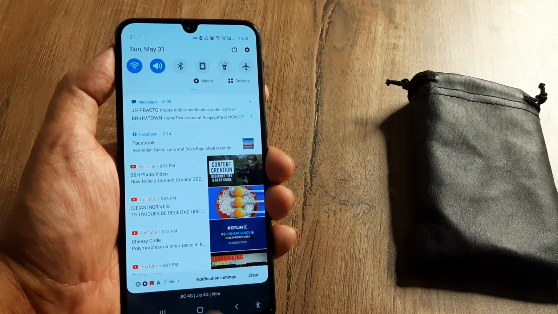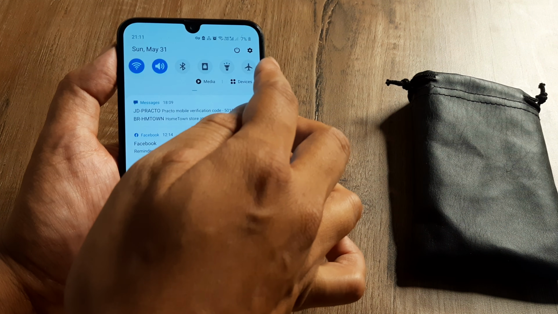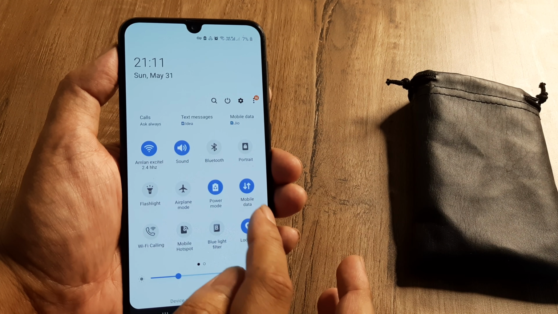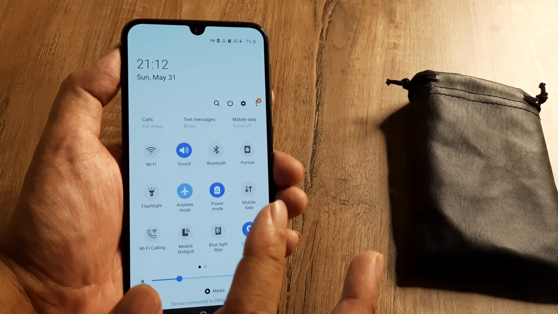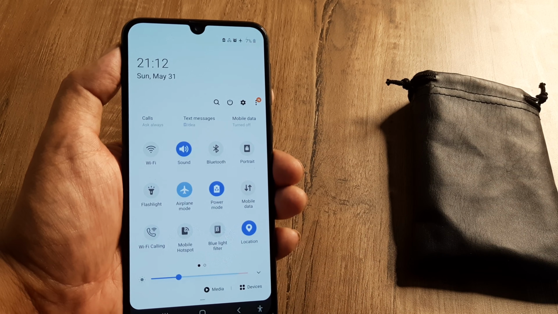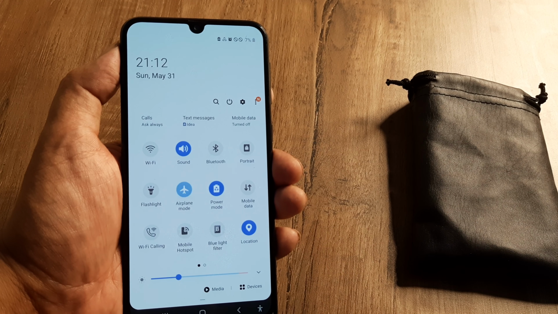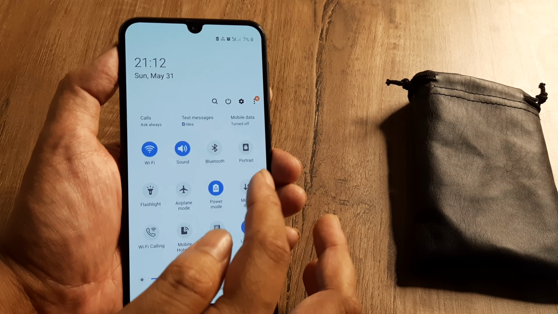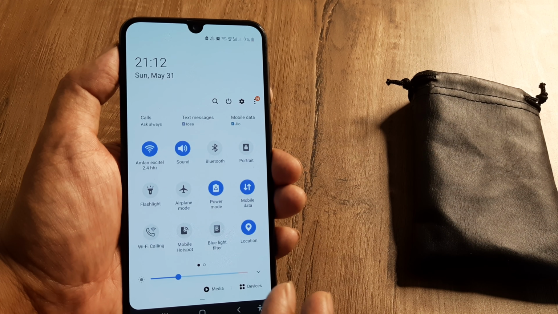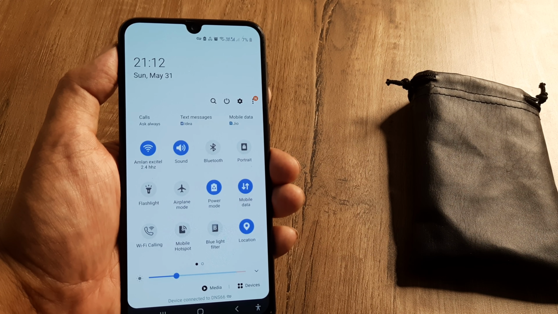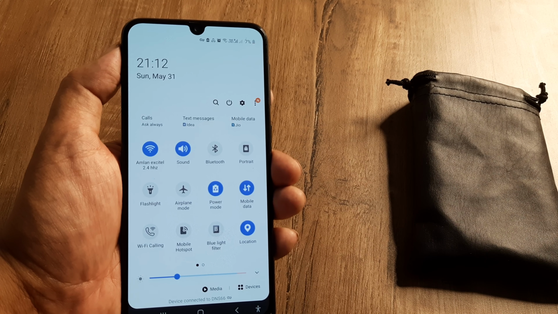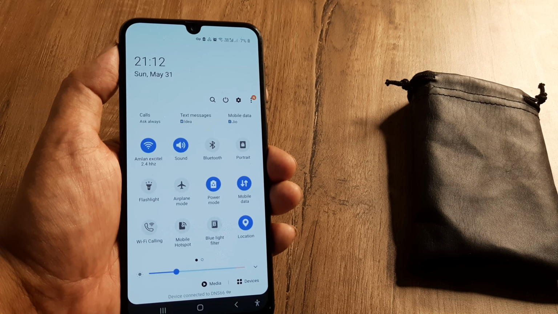If it still doesn't work, what I will still advise is, presently my mobile data is turned on, so you can turn off your mobile data, turn on aeroplane mode, wait for a few seconds, turn off aeroplane mode, and then check whether turning on the mobile data actually helps you. Maybe resetting the device should also help in this case. Quite a few times what I have seen is that simply restarting your device and then configuring the network may actually work. But these are a few solutions. Let me know in case some of this helped.